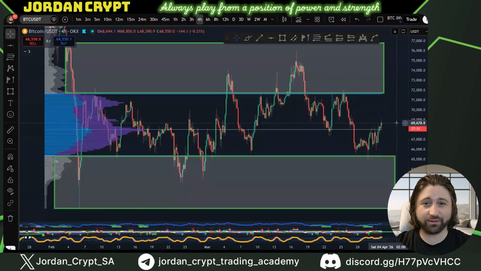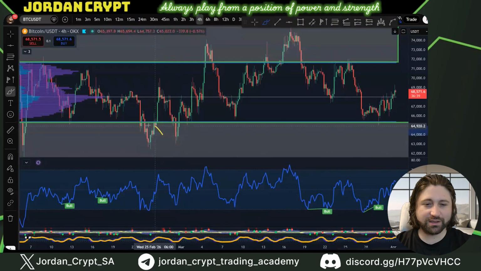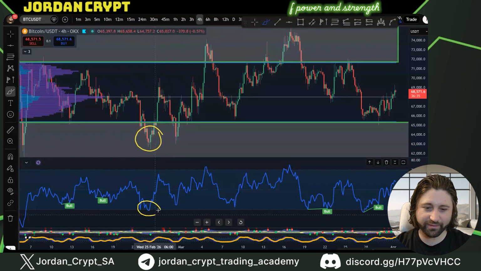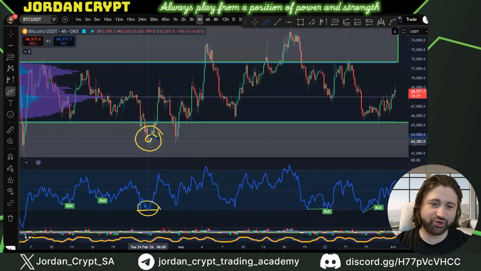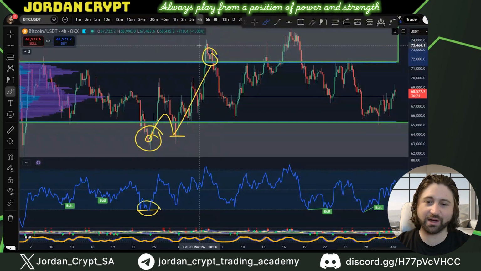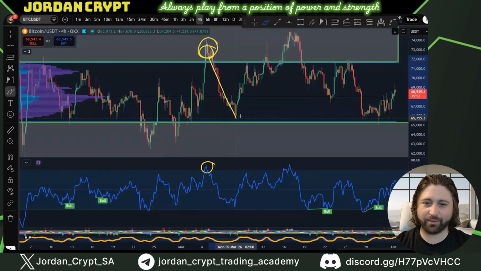One of the more simple levels of confluence you can use here is your regular RSI. Here we can see a nice trade example where price was in the value area low and our RSI on the 4-hour did tap the oversold region, and that gave us a nice entry into a trade with no drawdown that went on to reach the value area high, which is our full take profit within the range. We can then see the rinse and repeat where price was in value area high and our RSI was overbought. And there we had a nice move down through multiple take profits to almost hit the full take profit at